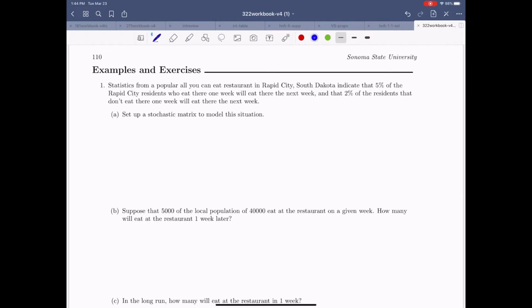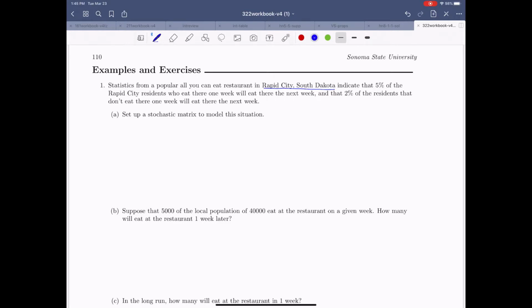And in this problem, we're going to talk about a little bit of Rapid City, South Dakota culture. So that was the city that I went to college in way long ago. I have to make a little sales pitch for Rapid City before we dive in. It is a beautiful city right at the foot of the Black Hills. And so if you like hiking, seeing things like Mount Rushmore, check it out. It is a great summer destination.